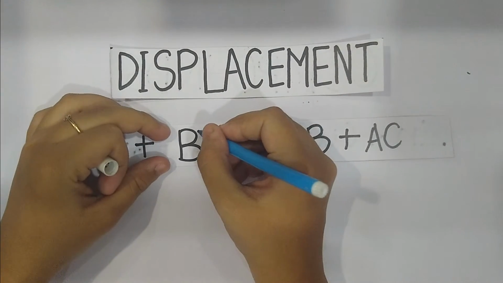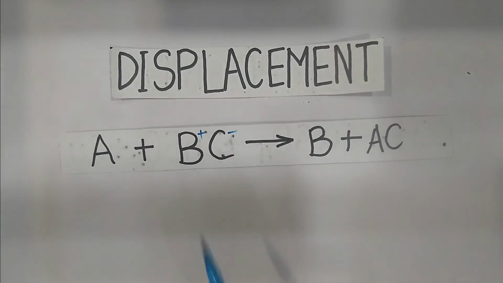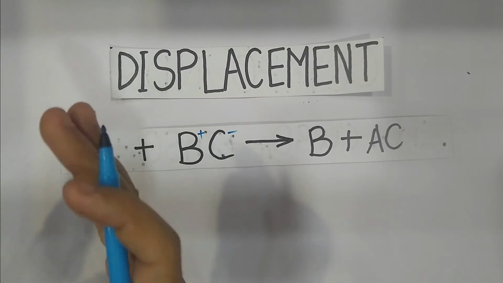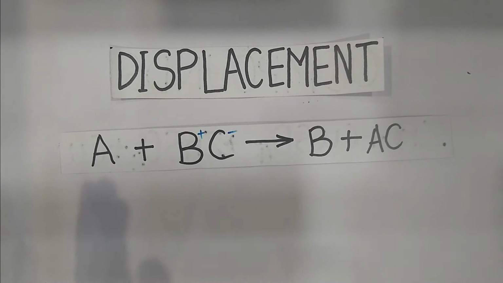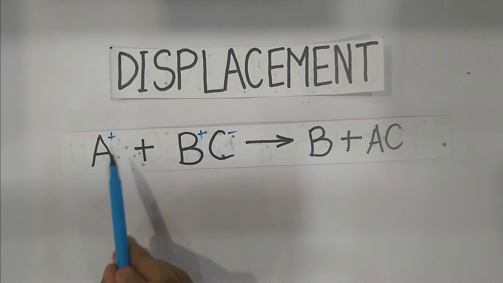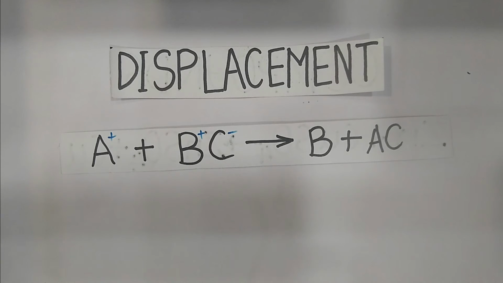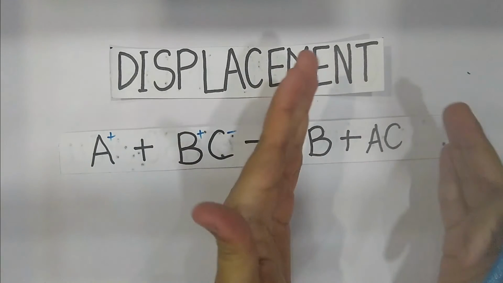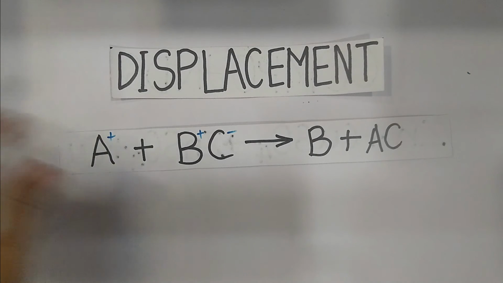So let us just write that down. Alright, B, I gave it a positive charge, C, I gave it a negative charge, and A, which was the element that was present in the reactant side, that also is given a positive. Now you know that positive and positive do not attract. Only positive and negative attract each other. That is why A was attached to C and B was left out. Now you can also ask, why is it that this has to give us this, which means A has to get attracted to C. Why can't BC be left alone?